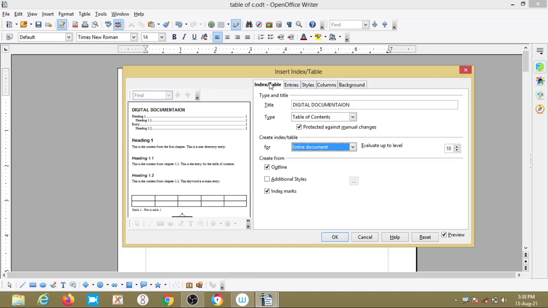So this index and table tab gives attributes of the table of contents, meaning it considers the type and title, then the table of contents.